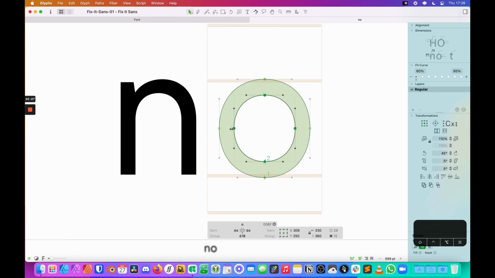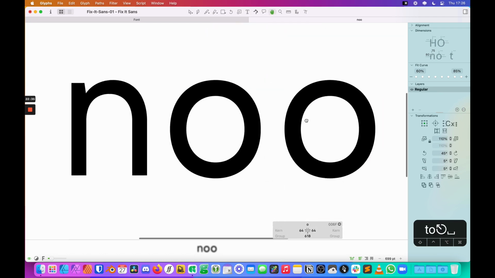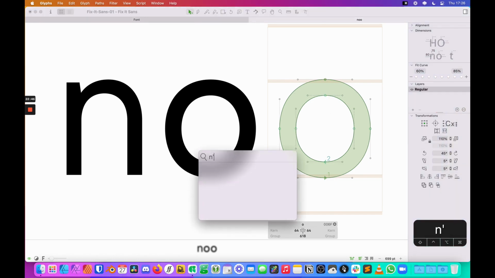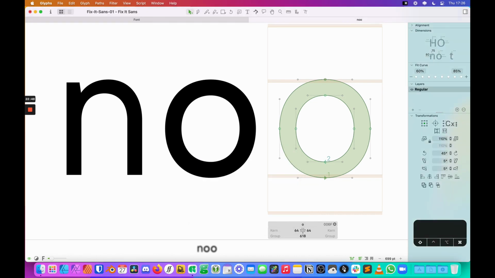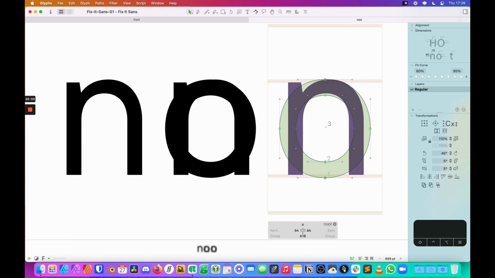In this case, what we want for the side here is actually to move this in just a little bit. And similar to what we did before, I'm going to do a copy. So I'm going to have the N and the O this time. And effectively, what we're going to do is just line things up. Make sure I get the right letter that I want here. Where I start is I've brought in the sides a little bit, which I'll show in a second. But the other thing I'm going to do is line up the vertical one here with the N a little bit as well.